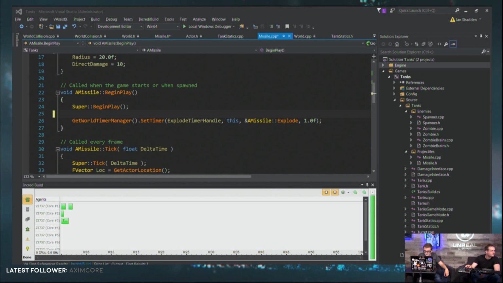Demir Halilovic is asking, when you create a config variable in BP, you can mouse over to see the INI config path. Is there anything similar in C++? How can we create config variables of arrays of structs inside of a, oh wait, that's two questions. Sorry. So first question is, is there anything similar in C++? No, there just isn't. The whole concept of config files and everything like that is an engine feature of Unreal. I mean, obviously it's programmed in C++, but you would have to program your own. The language itself doesn't support that by default. Yeah.